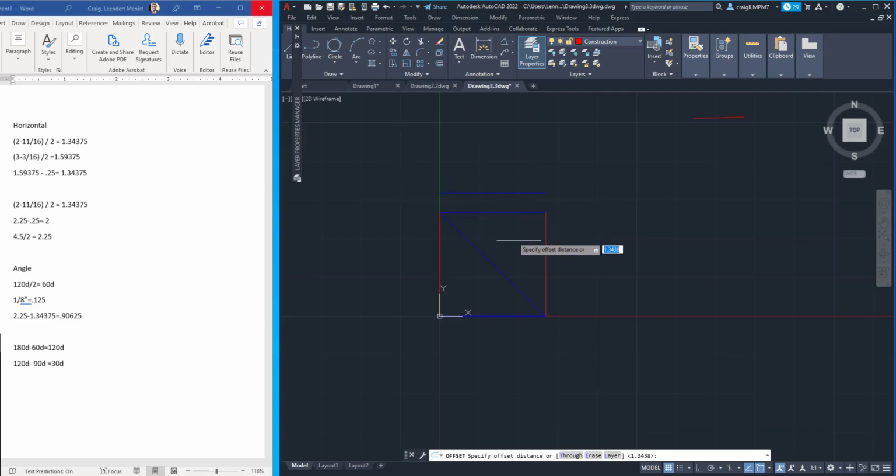This time we're going to tell it 2. Click, right, left click, off, escape. And then we're going to do it one more time, which this time it's 2.25. Enter, click,